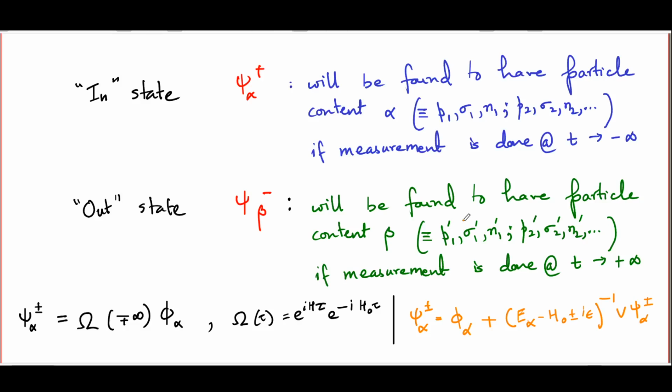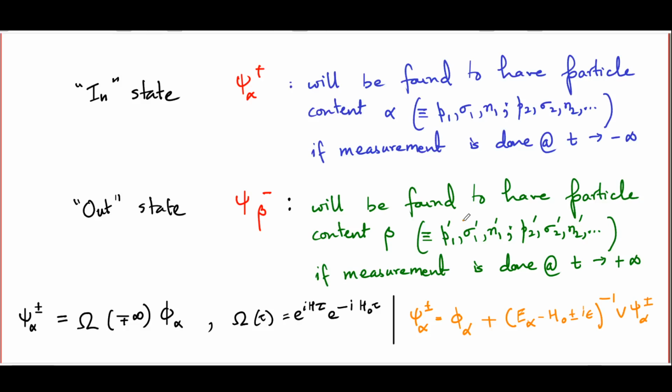And when you take the limiting value of this operator at time tau going to minus infinity and apply that on phi alpha, the free particle state, you get psi alpha plus. If you do the same thing for the limiting value at plus infinity, you end up with psi alpha minus. These operators are called Moeller operators, and as we will see today, they are very useful in the theory of